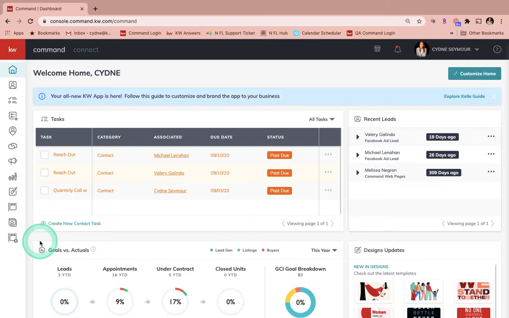Hello KW agents. Today we're going to talk about how to create a listing presentation or a buyer's presentation in Designs in Command. So first thing, you're going to log into Command by going to agent.kw.com, and then we're going